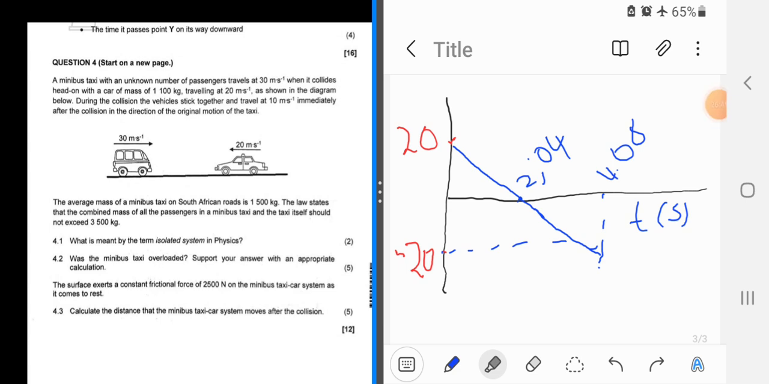A minibus taxi with an unknown number of passengers travels at 30 meters per second when it collides head-on with a car of mass 1100 kg traveling at 20 meters per second. As shown in the diagram below, during the collision, the vehicles stick together and travel at 20 meters per second immediately after the collision in the direction of the original motion of the taxi. So this is